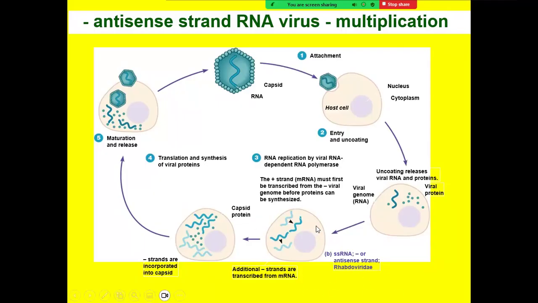And then the positive sense strand RNA can be read by the ribosome to be translated into viral proteins. You largely make the viral capsid proteins, which will get together with the newly replicated negative strand RNA of the viral genome to make the new progeny virions, and they will leave the host cell either by the budding life cycle, which actually looks like it might be what's happening here, or they will lyse the cell and the virus will be released by the lytic life cycle.